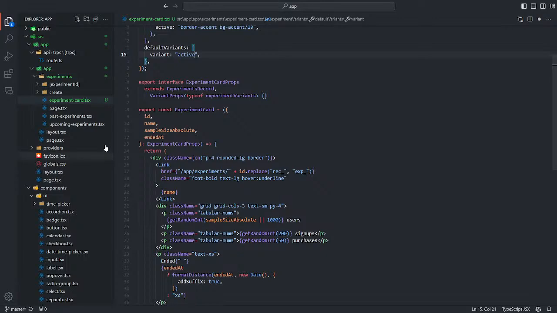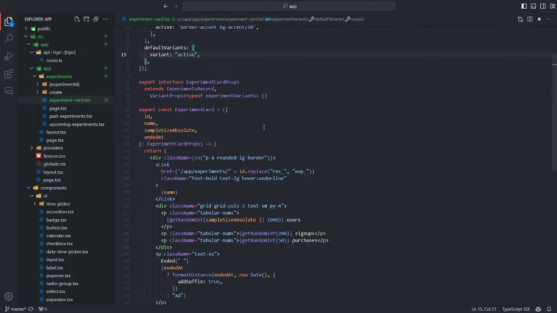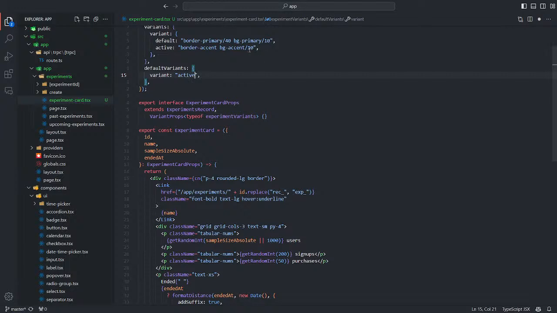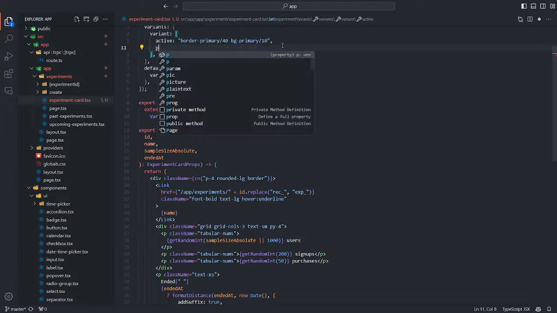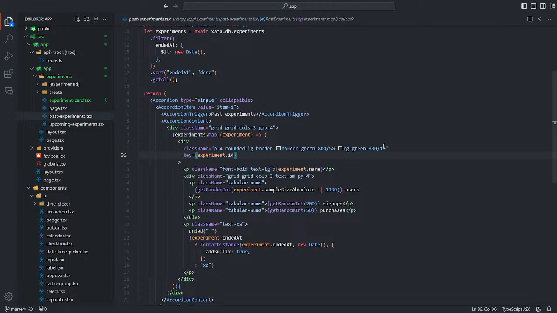Our active experiments are border primary and active. And we also have past experiments, and the past experiments right now are green.